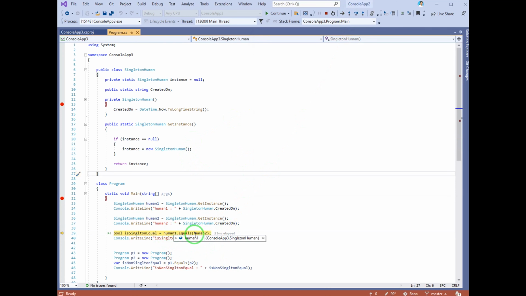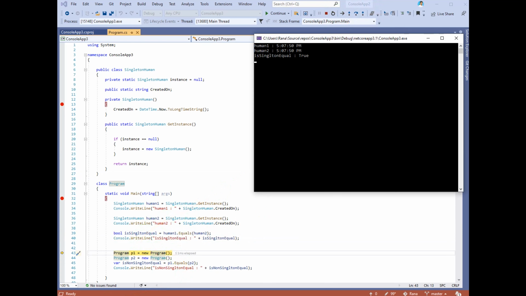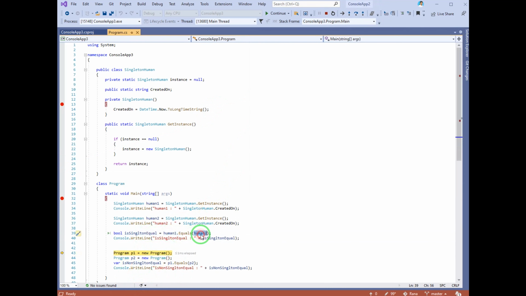If we compare human1 to human2, let's see the result. ReferenceEquals returns true. This means human1 and human2 are equal: whatever we have in human1, the same instance we are getting in human2.